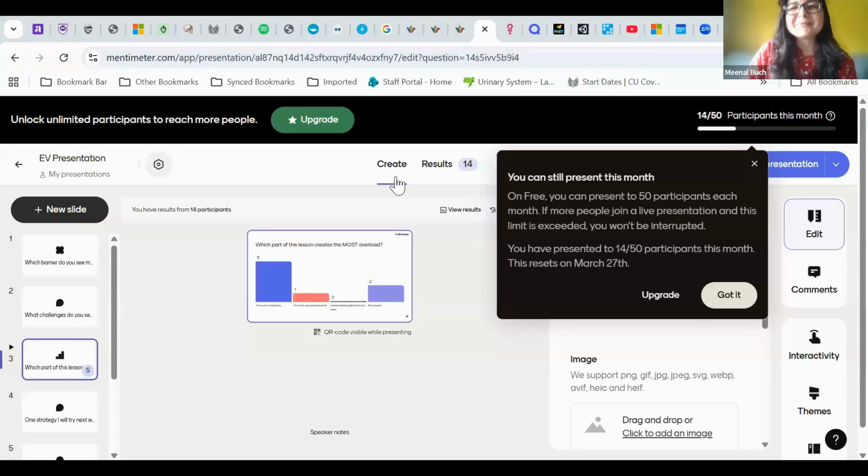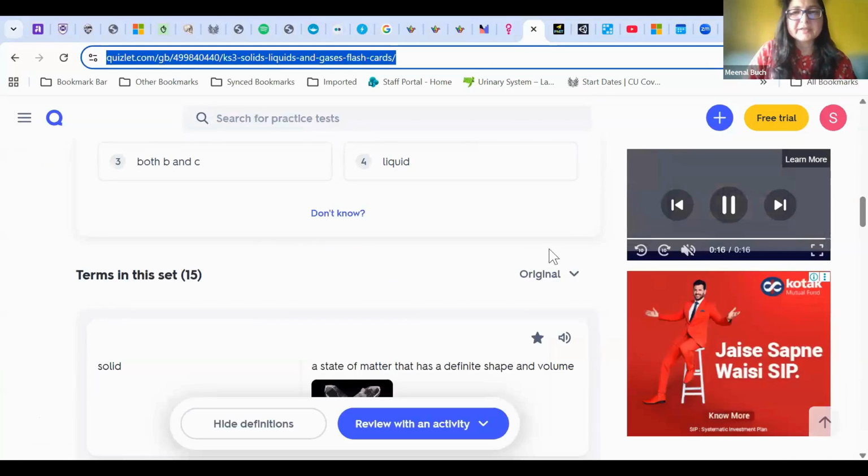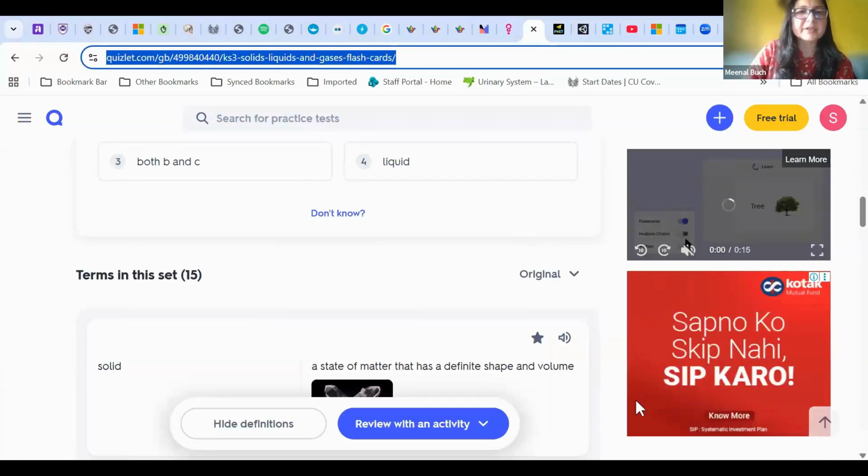So we'll first look at Quizlet. I've got a lot of tabs open here. I'm just going to go on to here. This is Quizlet. Hopefully you can see my screen. Please ignore the AdWords on the side. But